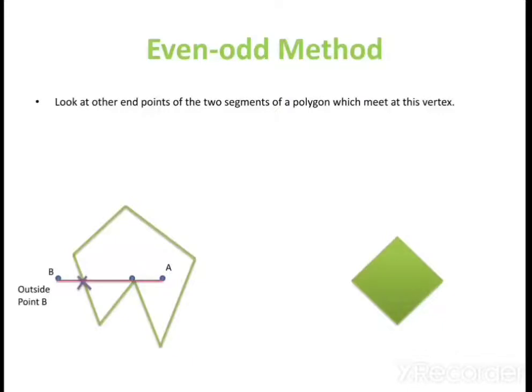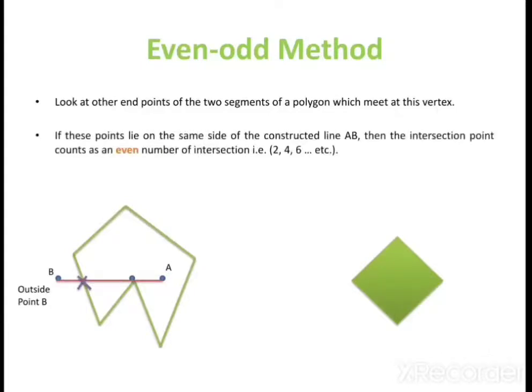So, we have to check. If I say that this is my intersection point, then for that we will count our intersection as 1. But what about this one? How do we take the calculation? For this purpose we look at the other endpoints of the 2 segments. What are the other endpoints of the 2 segments? Here you can see that the line color is changing.